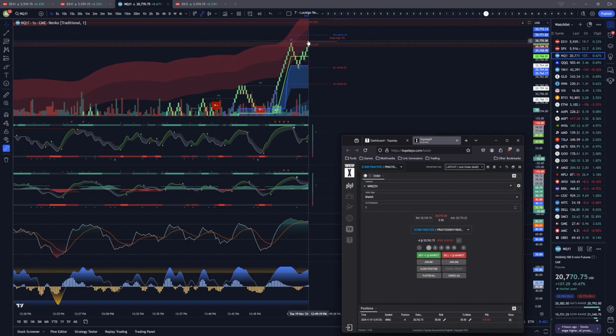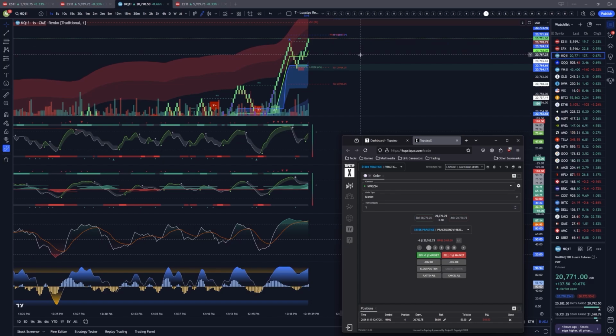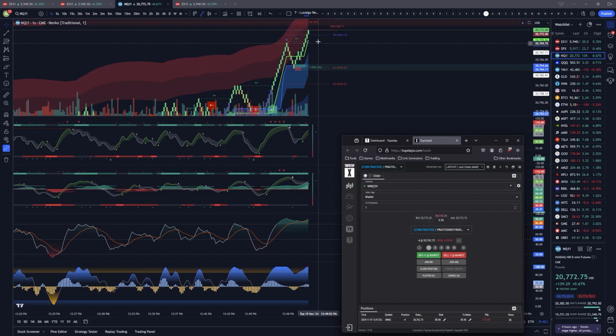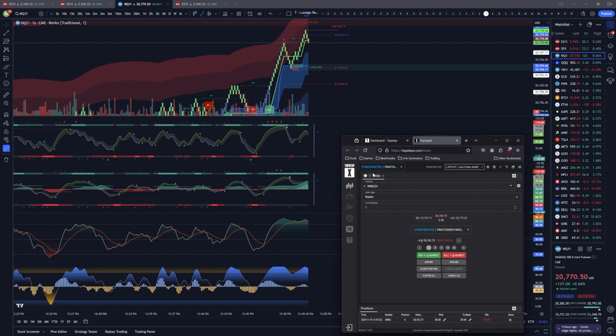Now, usually it will not break this resistance, but right now, since it's so late, the market's really bullish right now, I wouldn't be surprised if it breaks it. But they're always doing some tricks in this market right now, so there's no telling what's going to happen. But here, see, it broke the red, but now it made a green support up here. And that's why I'm on a practice account. I might lose this trade, but